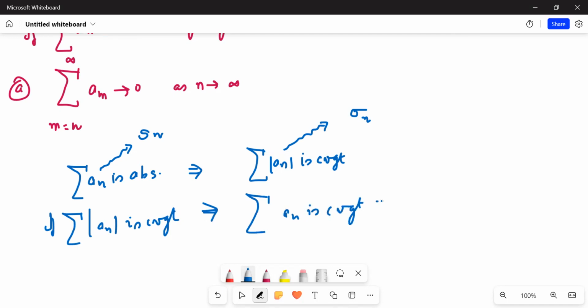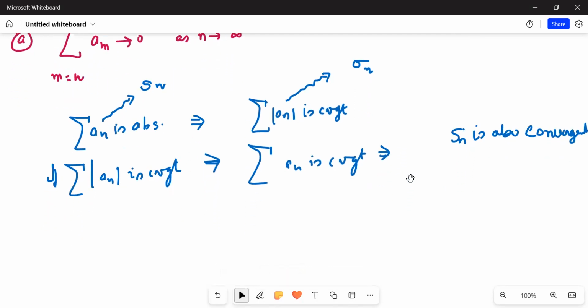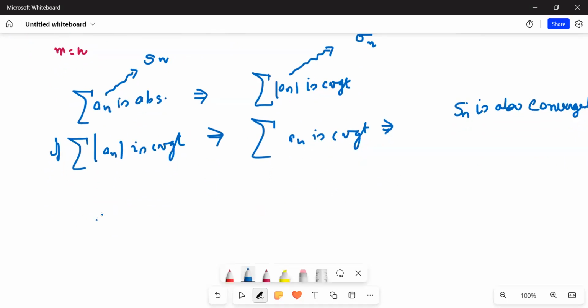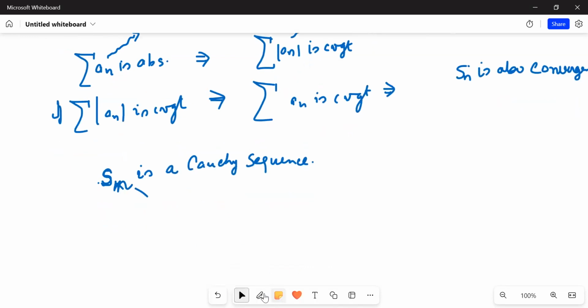And if summation an is convergent, it implies that its sequence of partial sums, that is Sn, is also convergent. Now, if Sn is convergent, then I will simply write that Sk is a Cauchy sequence, or Sn is a Cauchy sequence. Okay, Sn or Sk would be a Cauchy sequence. What does it imply? It implies that